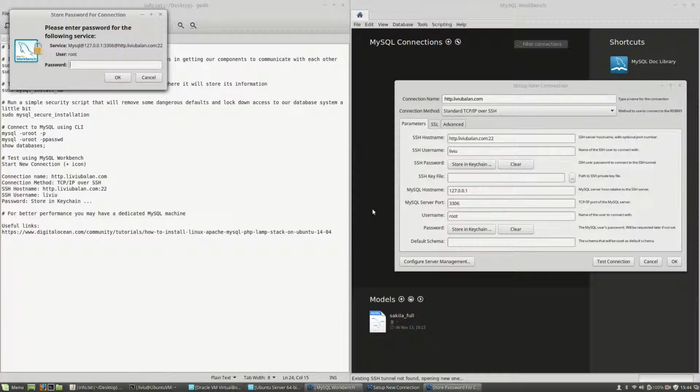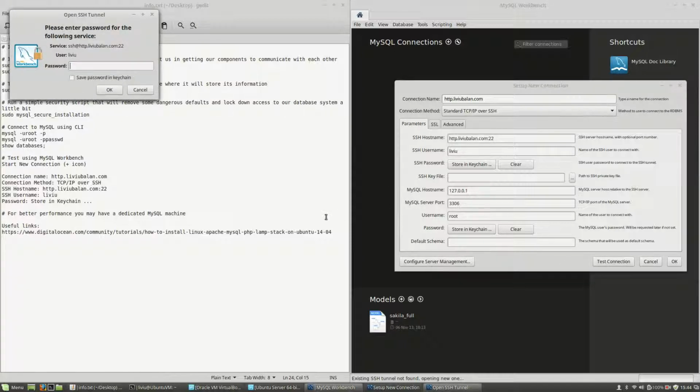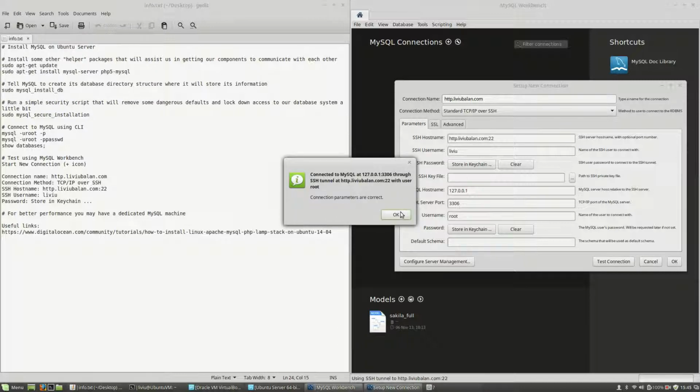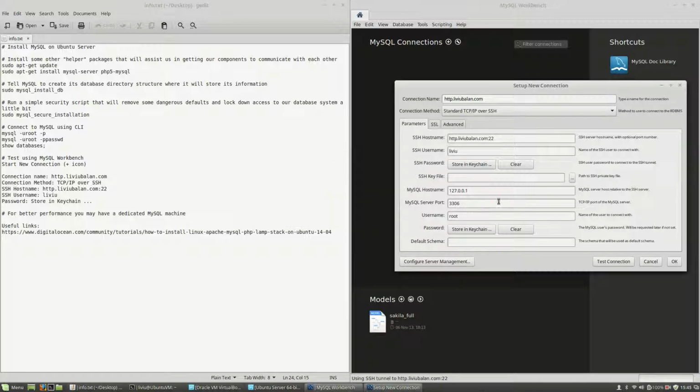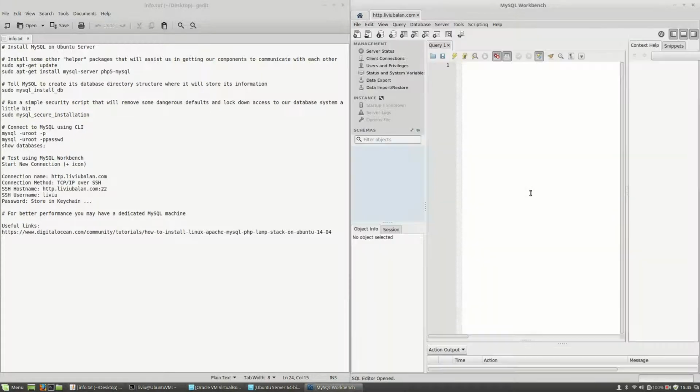the password for the root MySQL user, which is PASSWD. Hit enter, and now if I press the test button again, I am prompted to enter the Livy password, which is in this case my SSH password on livybalan.com server. Press OK, and now if I press OK and go to this connection again, click connect,